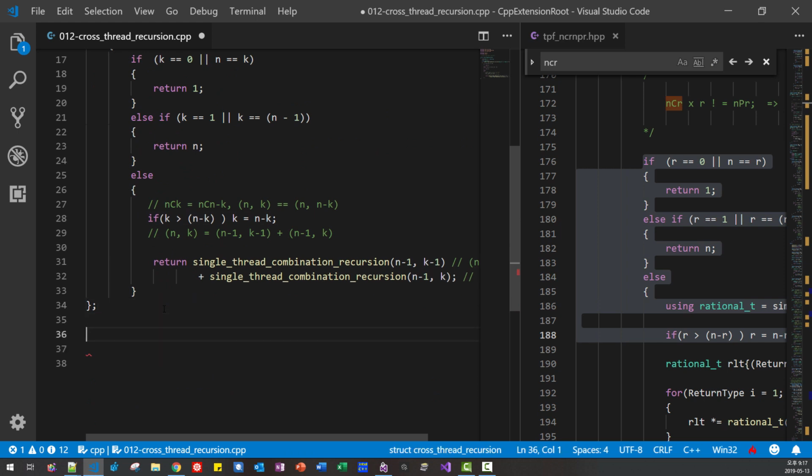At this level, void loop versus recursion. We are first testing this first. Then int main.